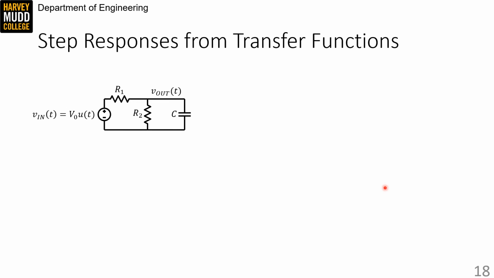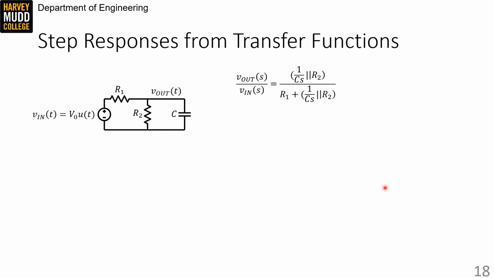Alright, so focusing back in, we'd like to find the initial value, final value, and time constant of a step response for this first order circuit in order to really quickly write the step response at V out. We know the response will be first order because there's only one energy storage element in the circuit, the capacitor. So there can't be more than one power of s running around in our Laplace transform. We can start